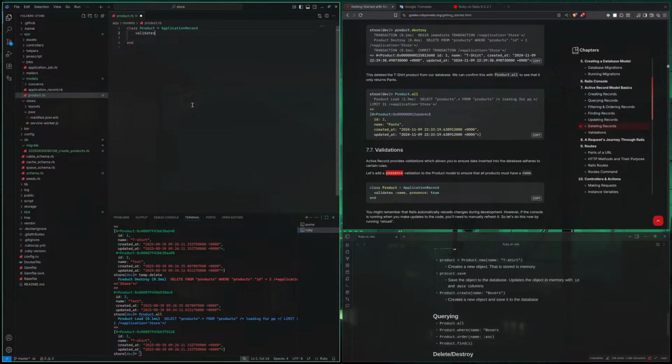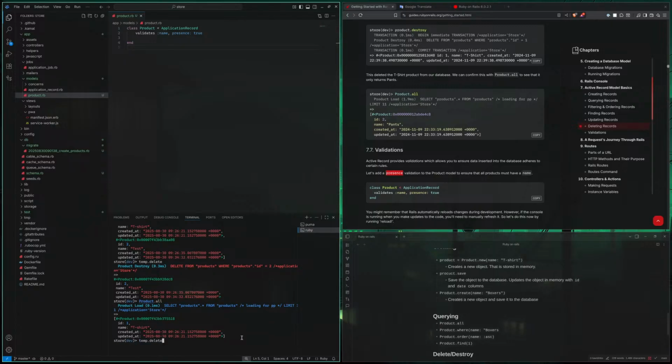Validate name presence true. So without looking, I'm guessing that we validate that the product has a name and it's present. So you can't create a product.